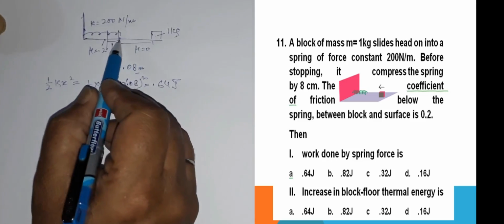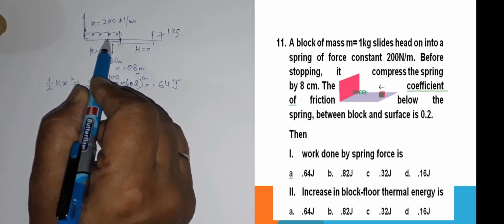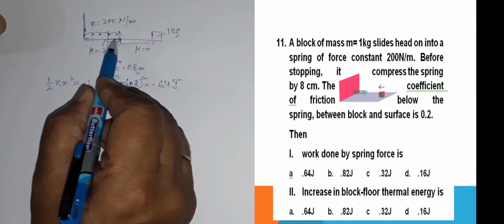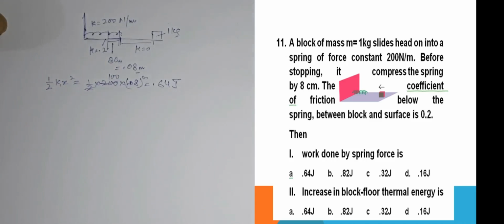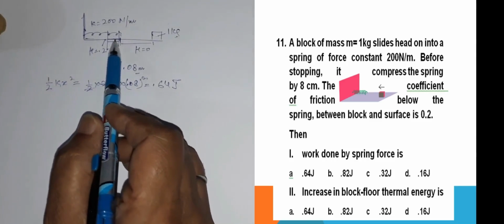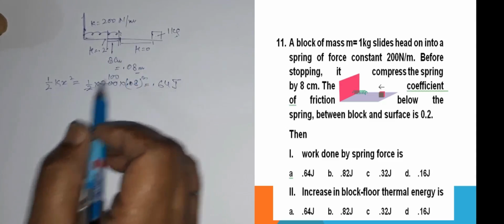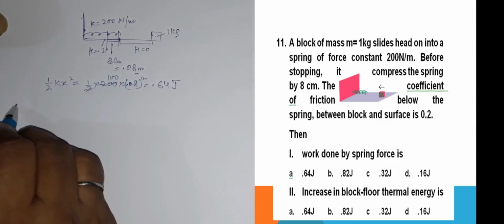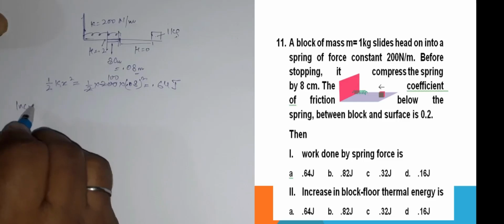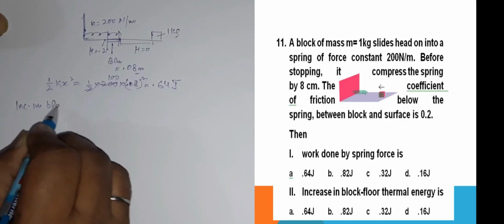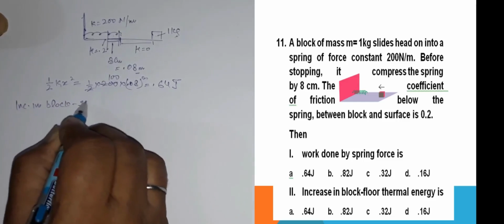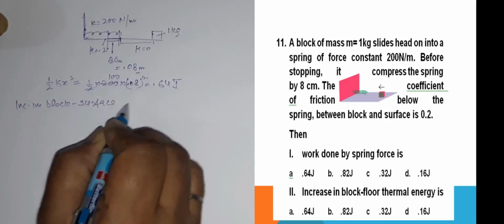That means in this portion the work is done due to friction, and that is counted as thermal energy. That thermal energy is of the block as well as of the surface, and you can calculate, you can say that the increase in block and surface